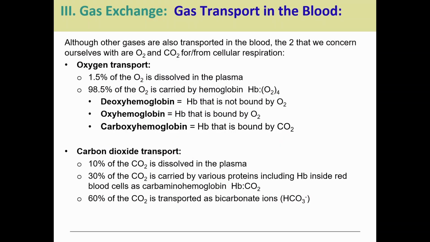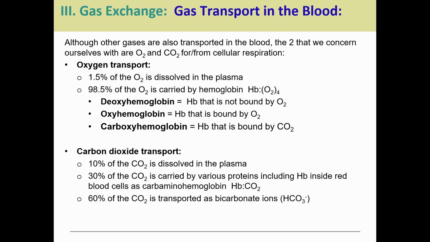So there's a lot of other things that can be transported around the blood, but we're really just talking about two. We're talking about oxygen and carbon dioxide when we're looking at cell respiration. So how do we carry this around in the bloodstream? It's not just free floating, right? Some of it is, about 1.5% of oxygen is going to be just free floating in the plasma, but almost all the other oxygen, 98.5% of it, is going to be carried by hemoglobin, right? So hemoglobin, each hemoglobin molecule can carry